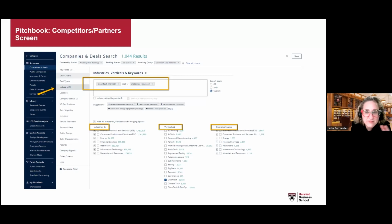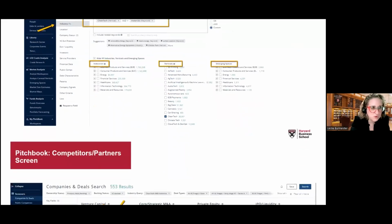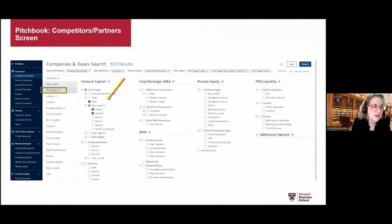They also have a very powerful and/or search. If any of you are logic nerds, this is your basic Boolean searching, right? So I've highlighted the search here for clean tech as a vertical, but then I also want materials as a keyword, and I want to narrow in the focus a little bit more. And we'll go to the second slide, where we'll tab over to another very popular way to do your screening, which is, okay, maybe